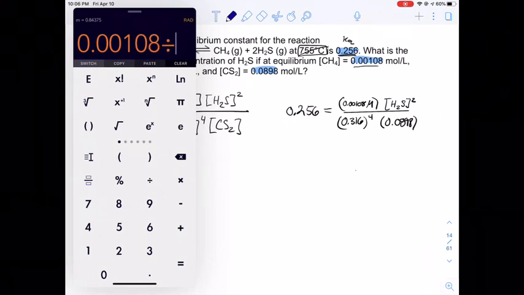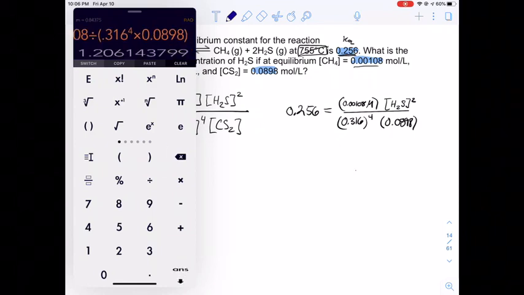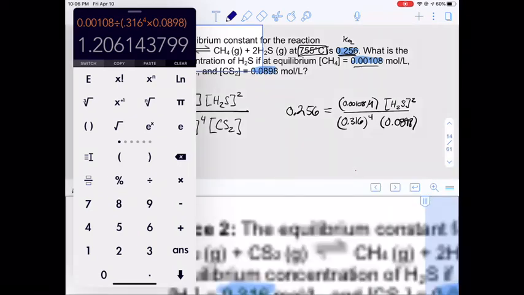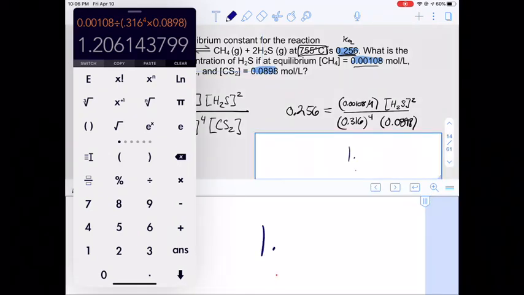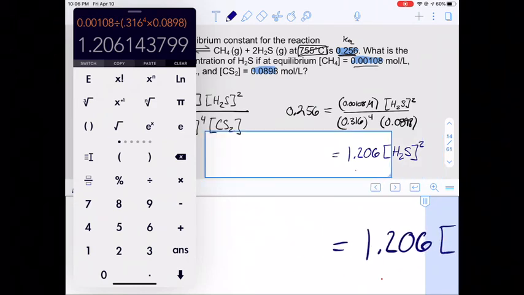I'm going to divide that by 0.316 raised to that power of 4 multiplied by 0.0898 and close that bracket, and that's going to give me a number here, and so that's going to be 1.206, and that's multiplied by H2S, and that's still power of 2 equals